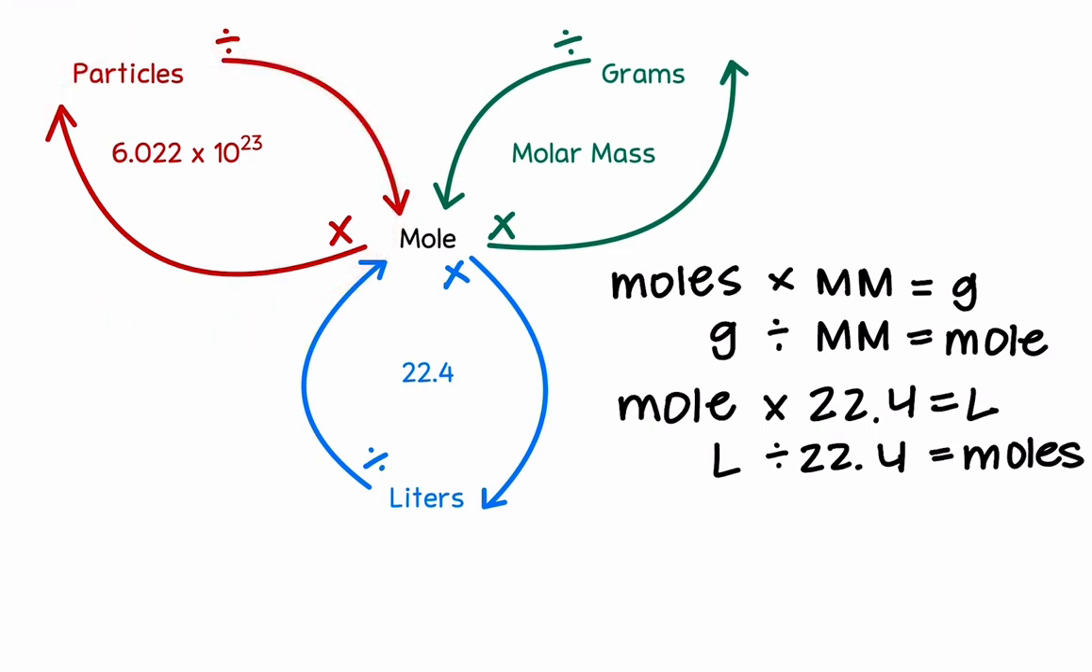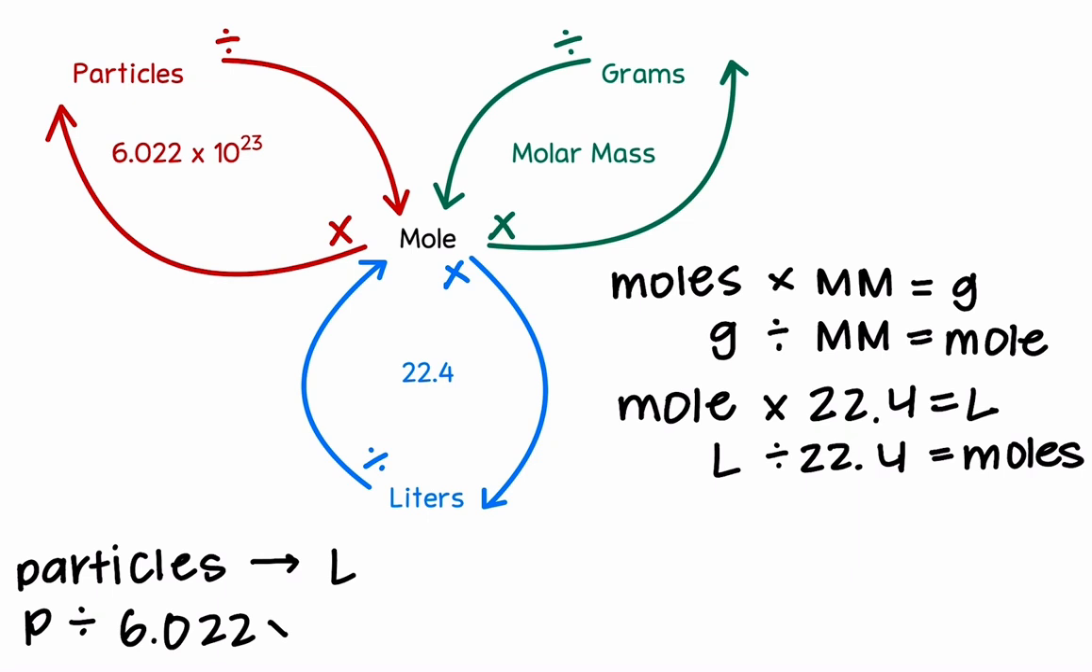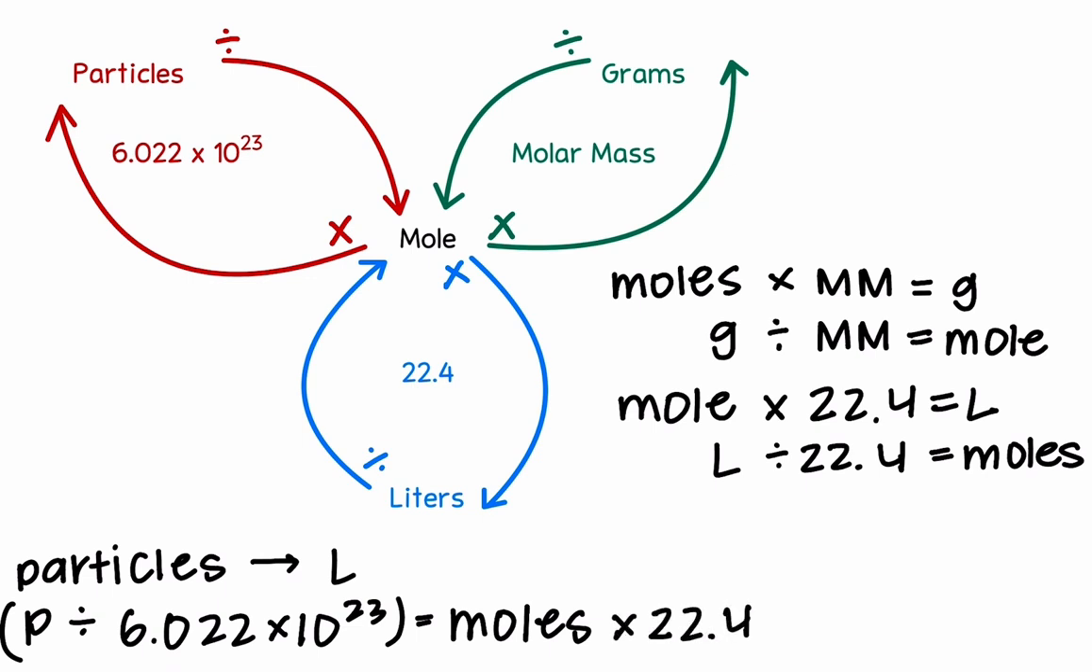But what happens if we want to go from particles to liters? So based on this diagram, first we'd have to convert particles to moles. And for particles to convert to moles, we would divide the particles by 6.022 times 10^23, which is Avogadro's number. We'd have to do that first. Then we get the moles in that case. And then for moles to be converted to liters, all we'd have to do is multiply it by 22.4, and then we get liters. So this is a great diagram to remember the process of conversion from moles,